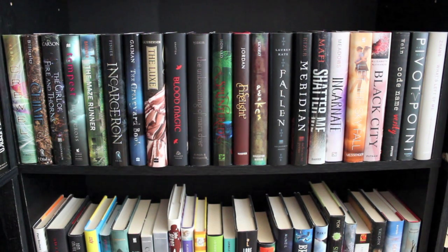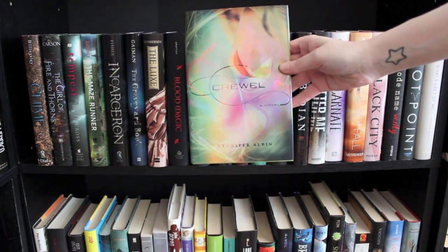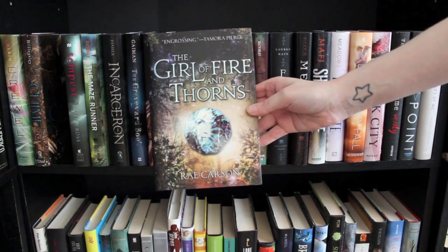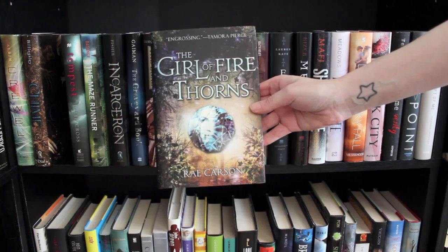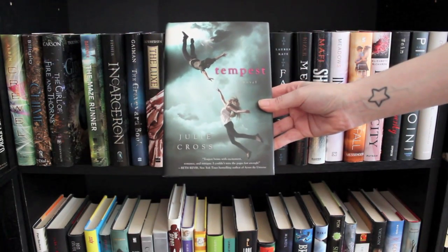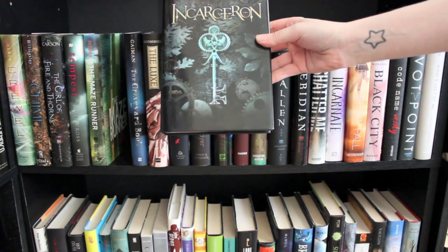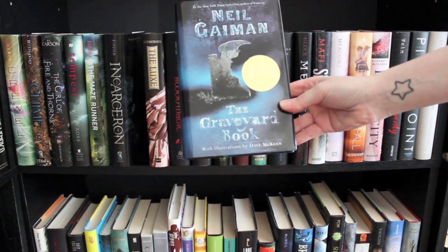The next shelf is young adult, hardcover, mostly fantasy, all books that I have not read but that I need to, and also all of these books, these are the only ones by that author that I own. First, I have Cruel by Jennifer Albin, Chime by Franny Billingsley, The Girl of Fire and Thorns by Ray Carson, Tempest by Julie Cross, The Maze Runner by James Dashner, Incarceron by Catherine Fisher, The Graveyard Book by Neil Gaiman,